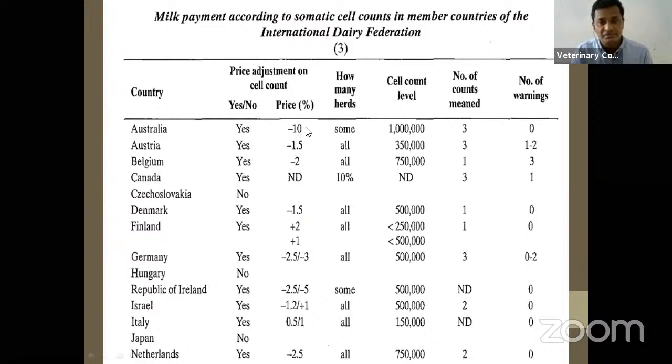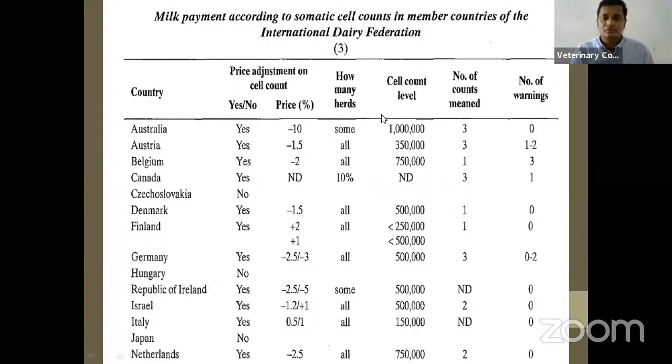Australia is very stringent. And what is that criterion? The cell count criterion. You see, in Australia, suppose I am an Australian dairy farmer. I am supplying milk. All the milk should have the somatic cell